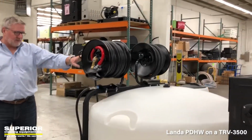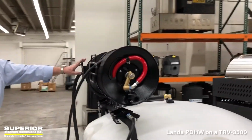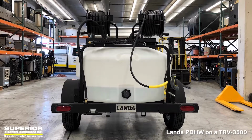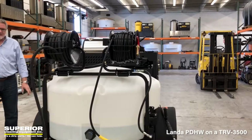Integrated hose reels up here on the top. You've got your 100-foot of pressure washer hose. We've got 50-foot of water supply hose on here. Very nice, compact, narrow unit. You come around on this side here, we've got a big